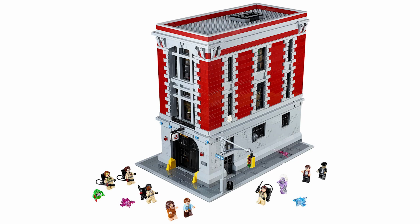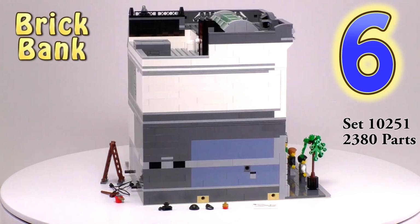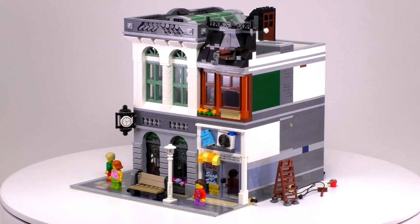Let's move on to number 6. This is also a gigantic structure. We've got the Creator Brick Bank. Once a year, LEGO Creator puts out a brand new modular build, and this one for 2016 was one of